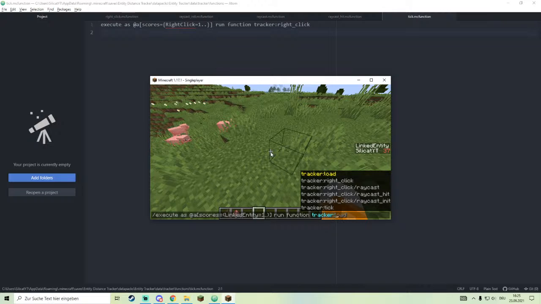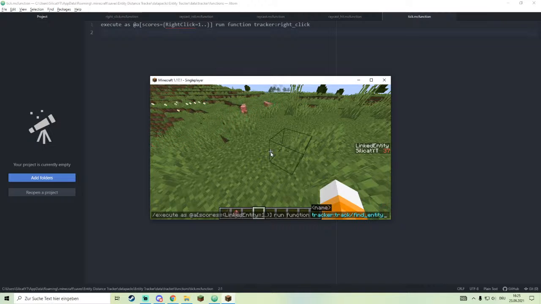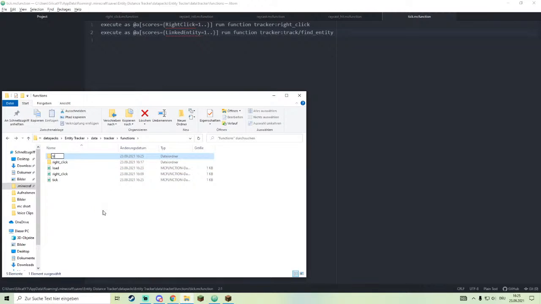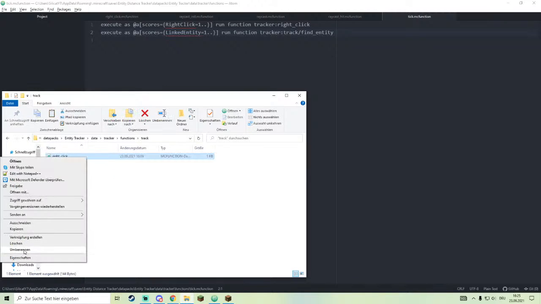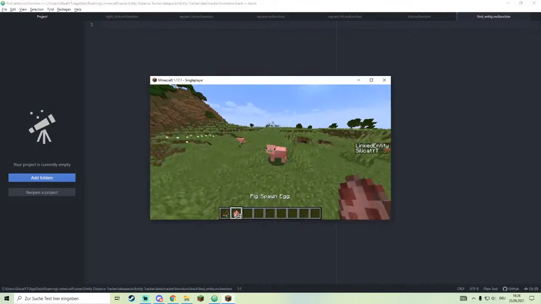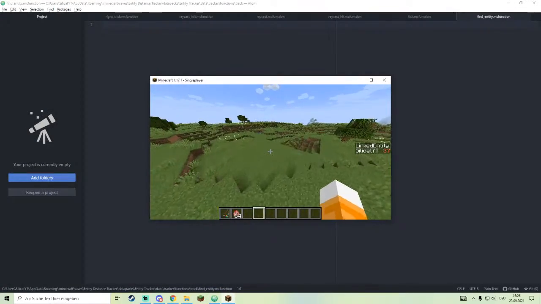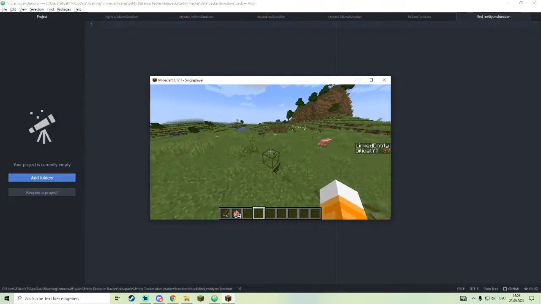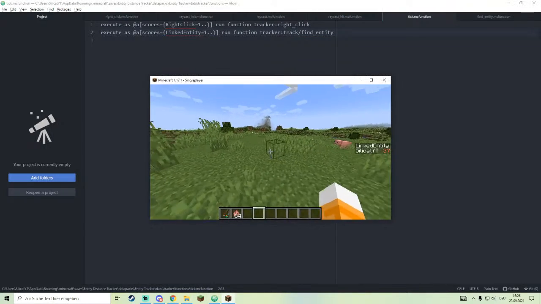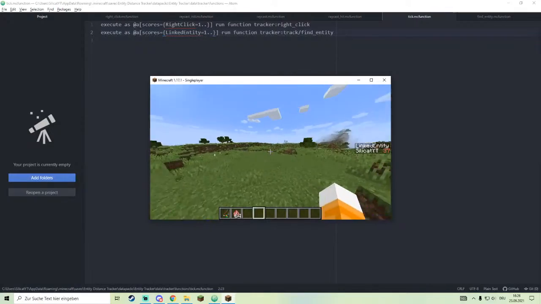What should the function be called? Maybe track slash find entity. Yeah, that's probably alright. So we make a new folder called track, and we make a new function called find entity. And so, how do we find an entity that has the same score as we do? So, if you remember, this command here is run as the player, so we need to find the distance between